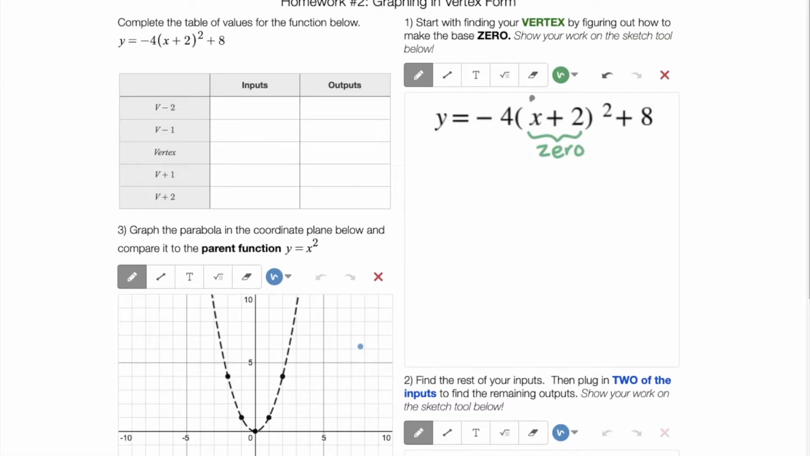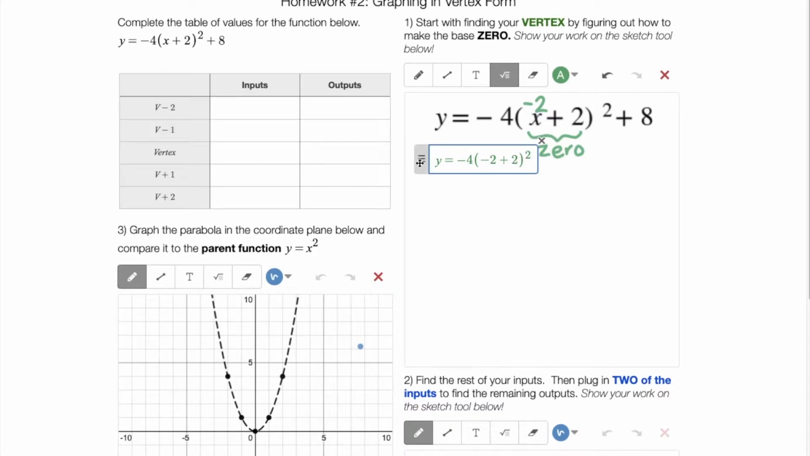A common mistake is to think that that answer is 2. But if we look at that a little closer, 2 plus 2 would give us a base of 4. That is not our vertex. So instead, what value makes this have a base of 0? That would be -2. So if we start our solving here, or input -2, that would be -4 times (-2 plus 2) squared